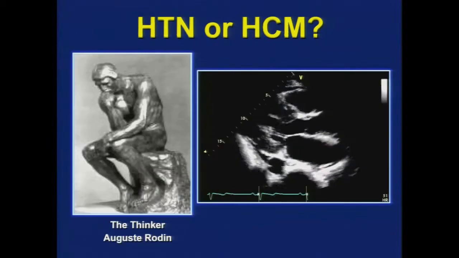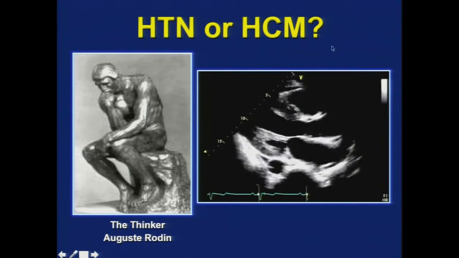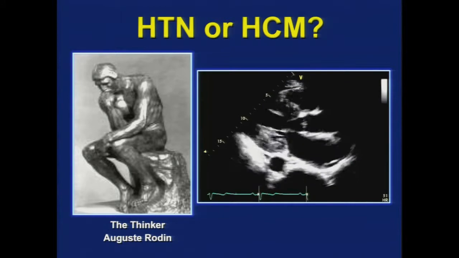So here's a patient and the walls are thick. And you're wondering, is this really just hypertension, because they have a little bit of hypertension, or is this a genetically determined disease, hypertrophic cardiomyopathy? Now, hypertrophic cardiomyopathy is a heterogeneous disease resulting from sarcomeric protein mutations, which are characterized by inappropriate hypertrophy of the ventricle. But the myocardial architecture is such that there is disorganized myocardial architecture, this myocyte disarray, there's scarring, there's fibrosis, and the walls look thick.